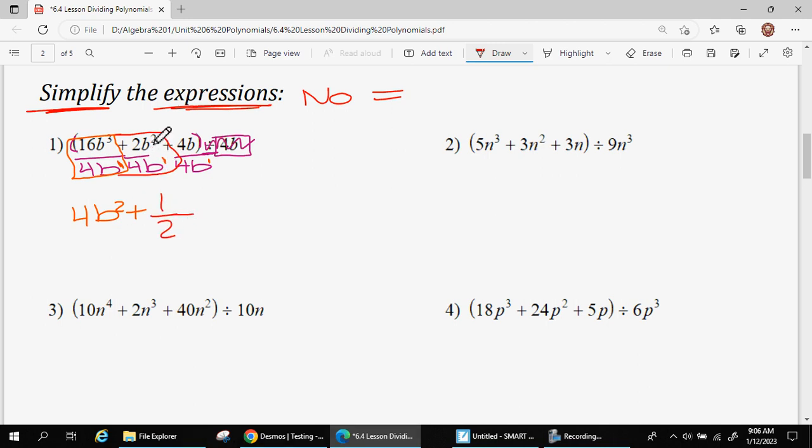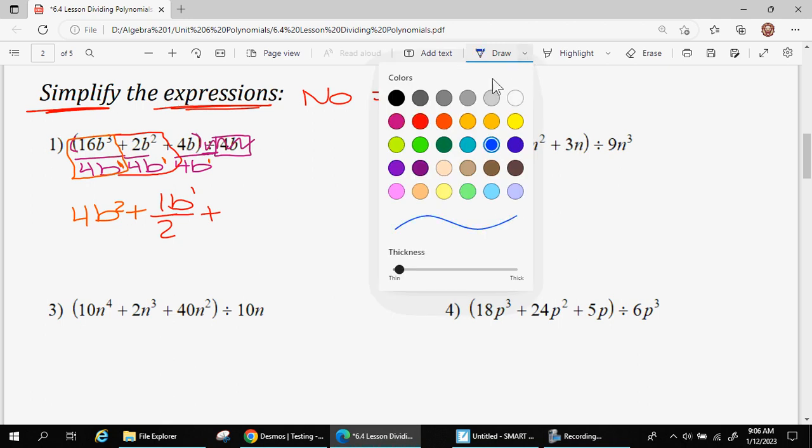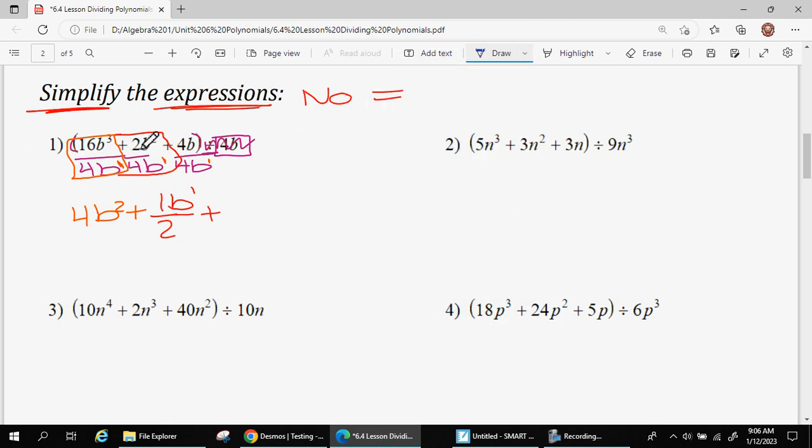Then we need to do b to the second divided by b to the first power. When we do that, we are going to do the bigger value minus the smaller value, the bigger exponent minus the smaller one, and then our b ends up where the bigger exponent was. So 2 minus 1 is 1. And then we're going to do